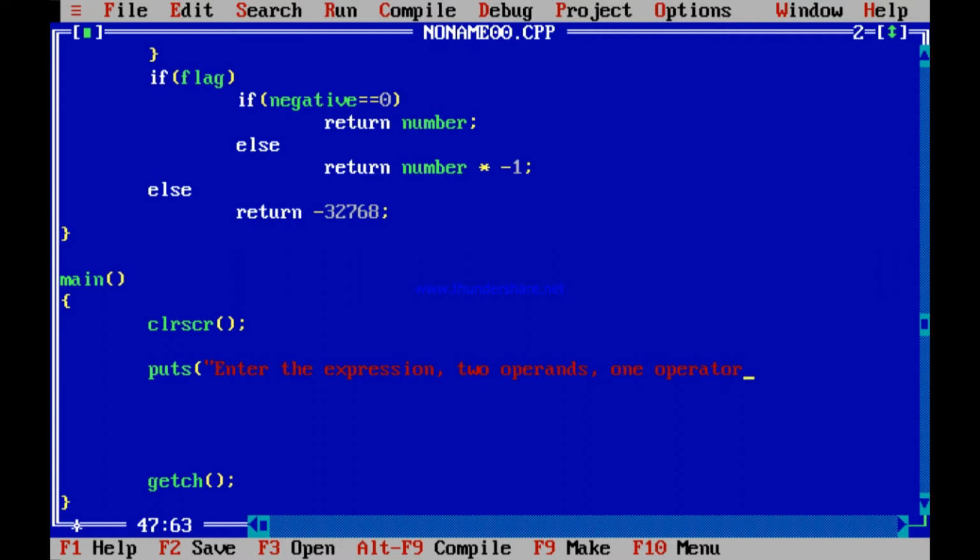That is, you have to specify 2 operands and 1 operator, not more than that, for this particular example. And after that, you also specify a blank space between